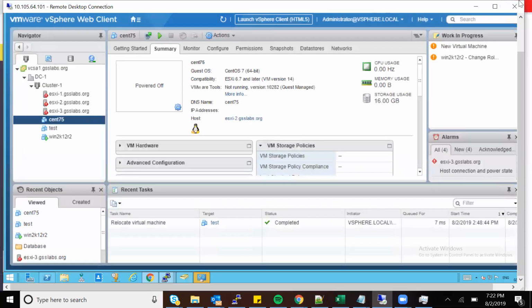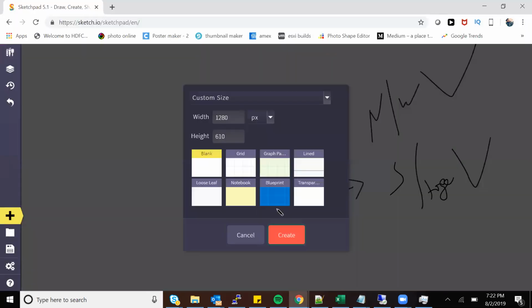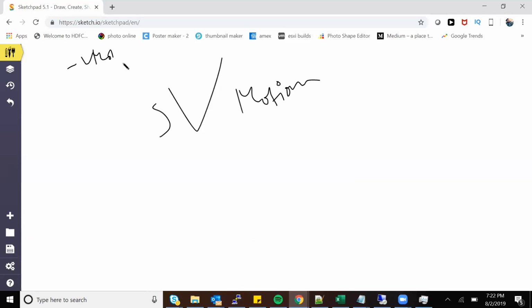Now coming back to the second important feature of VMware, it's called S vMotion. Normal vMotion we just saw. There is something called S vMotion, which is storage vMotion.